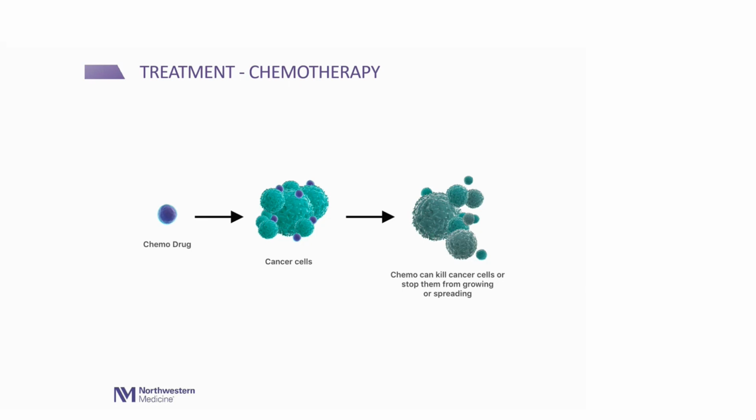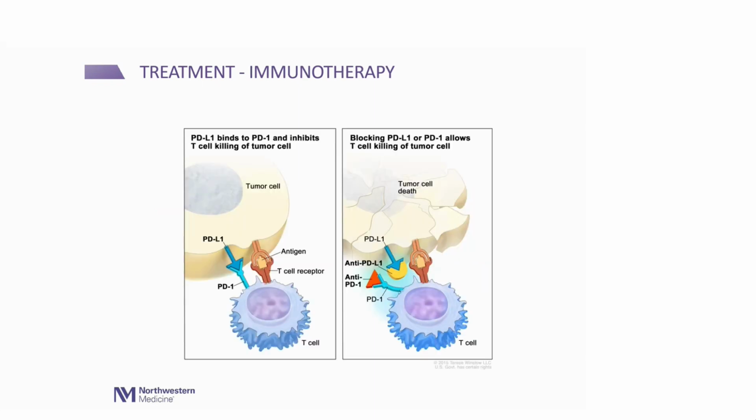And then this chemo actually kills the cells directly and then prevents them from growing. So this bright green is now like moss green, dark green, because these cells are dying, they're getting smaller, they're shrinking. So chemo, the basic principle is it attacks and works on the cells directly.